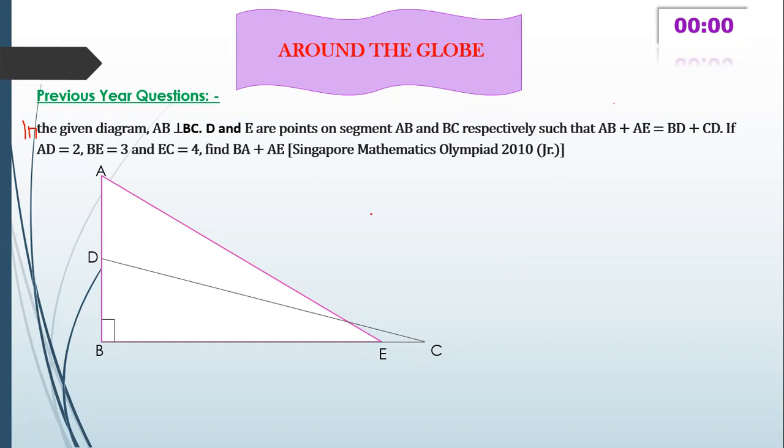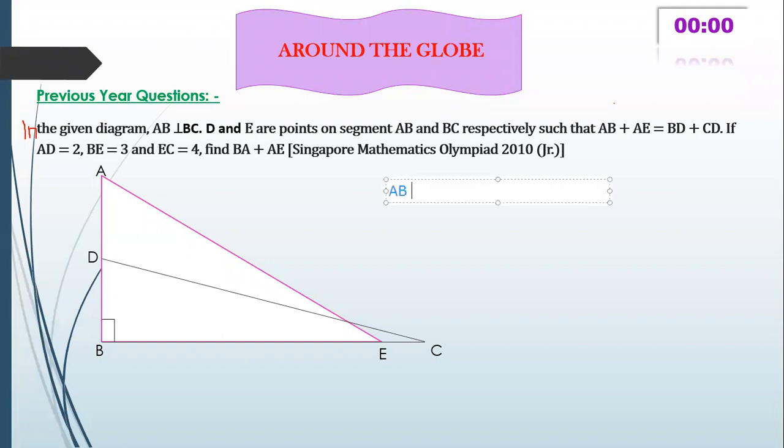Okay, so your time is up. As I already told, this is a simple problem based on Pythagoras theorem, which came in Singapore Mathematics Olympiad 2010, of course, junior level. So now, how to approach this problem? Basically, you can see two right angle triangles here, so you have to spot these two right angle triangles. Okay, wait for a minute. Okay, now, yes. So from this figure, I am spotting those parts. So let me write, you will automatically understand. Very easy problem this is.